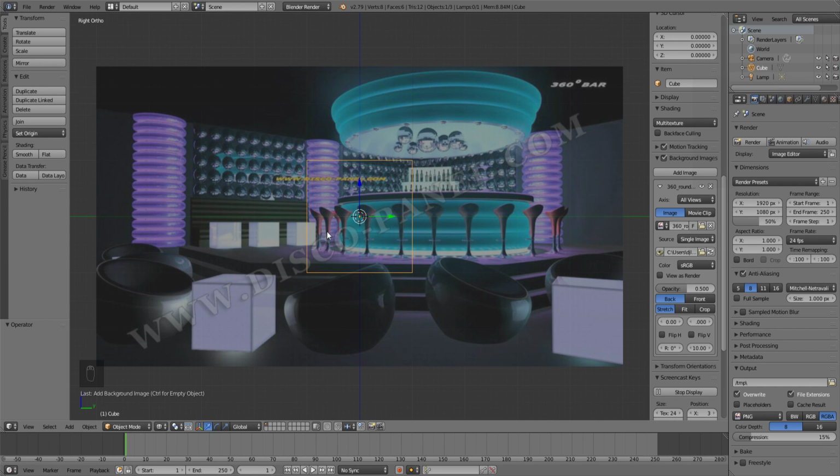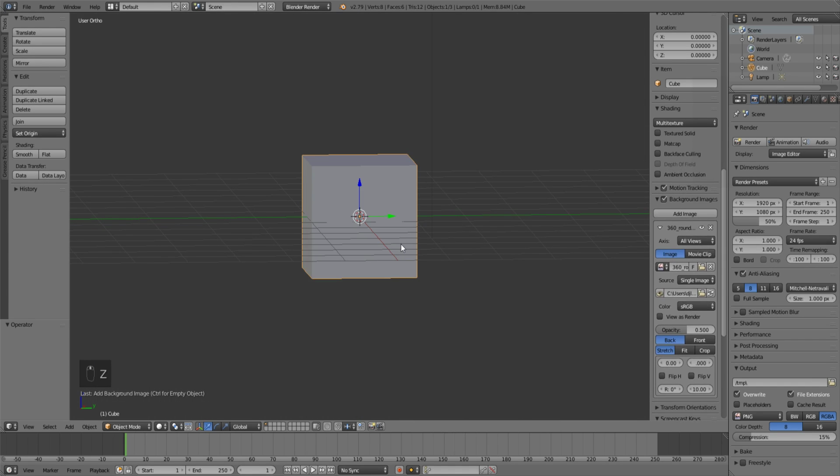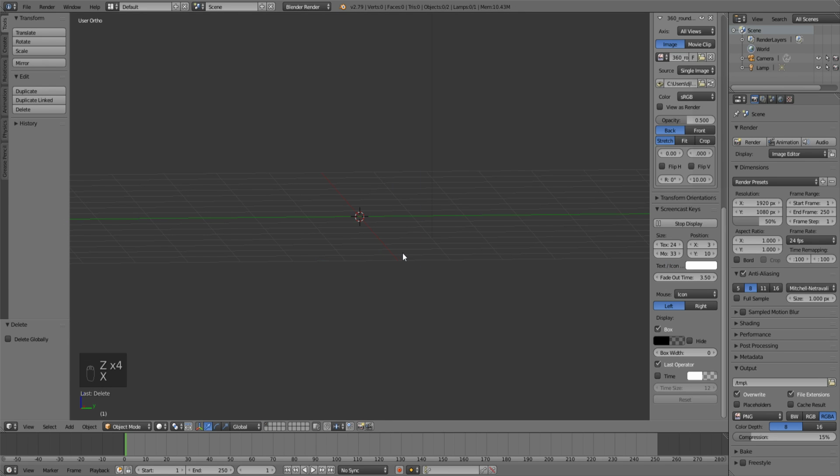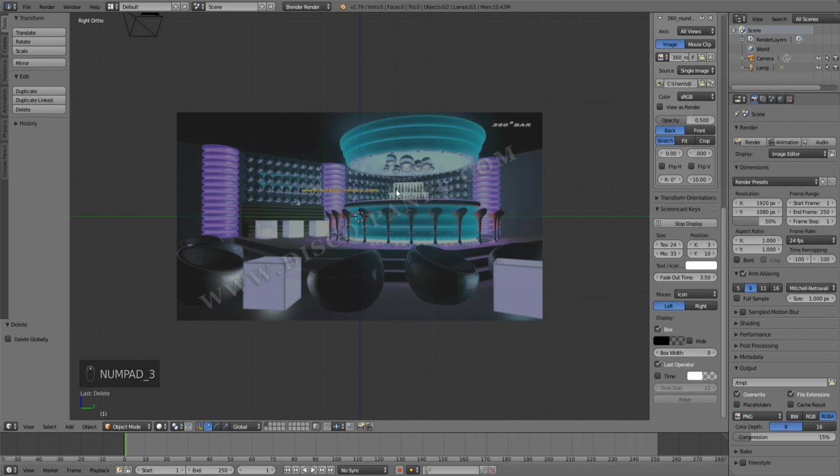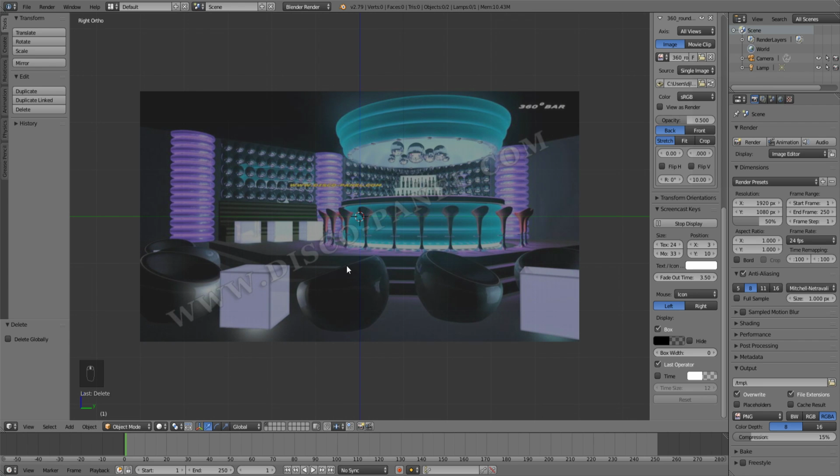So what I want to start with is the purple ones, the half rings. So what I'm gonna do is I'm gonna delete this one and just use this as a reference image. So